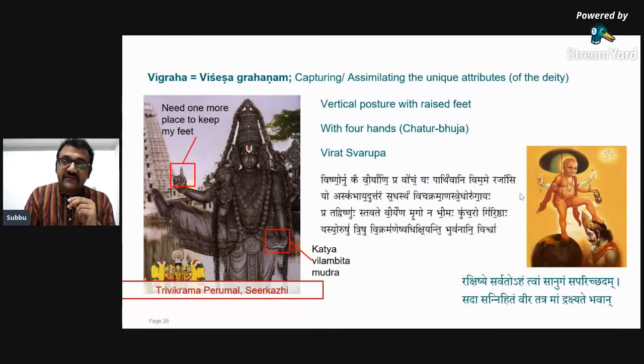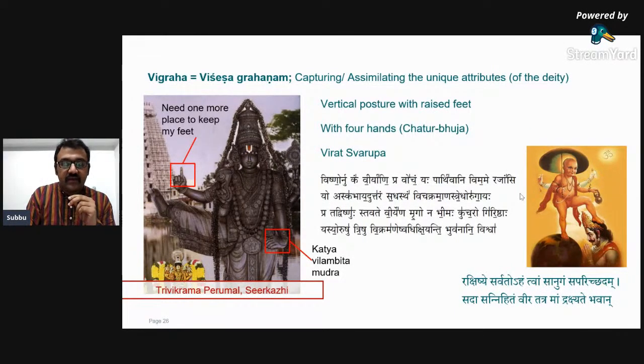And here, this form of Trivikrama is also an Abhaya Pradana Moorthi, Sharanagati Moorthi, because in the Bhagavata, you find this beautiful shlokam where Vamana, in the form of Trivikrama, tells Mahabali, Rakshishye sarvatoham tvam sanugam saparichadam sada sannihitam dhira tatramam drakshate bhavan. I will always, at all points of time, everywhere, I will always keep protecting you. This is the assurance given by the Lord when he places his foot on Mahabali. And that is the assurance that we also get by seeing this form of the Lord in the form of